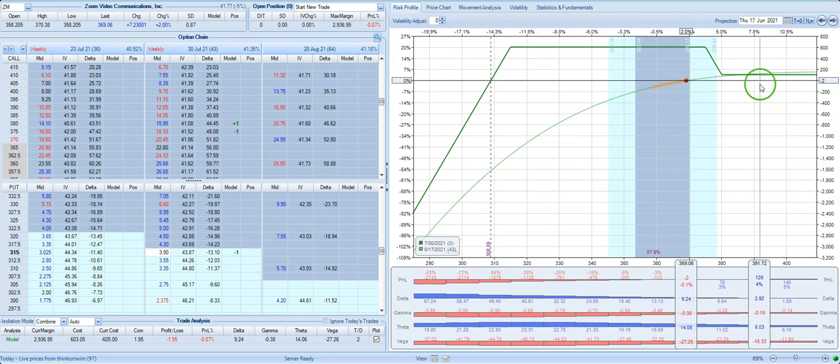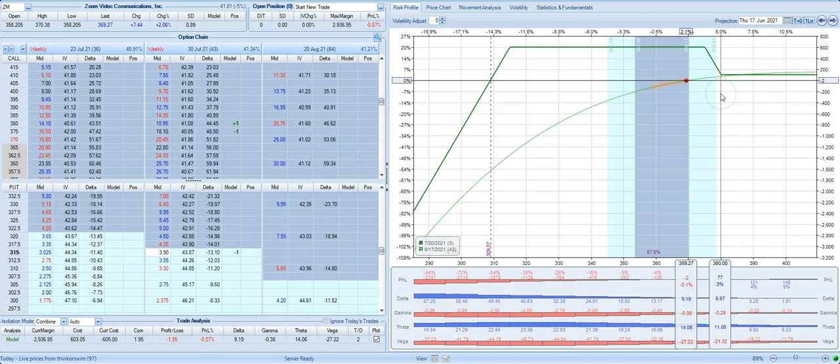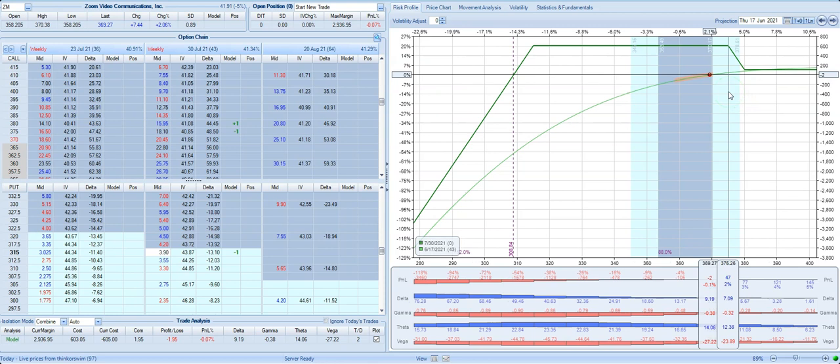I have about 95 cents, maybe $1 of max potential profit if the stock is above 380 at expiration. If we are inside 375 and 315, the most I could make is $2 that I will collect from the 375, 380 short call spread, plus the $3.90 that I'm going to collect from the 315 put naked. This will leave me with a max profit potential inside of 315 and 375 of somewhere around $6 or $600 per